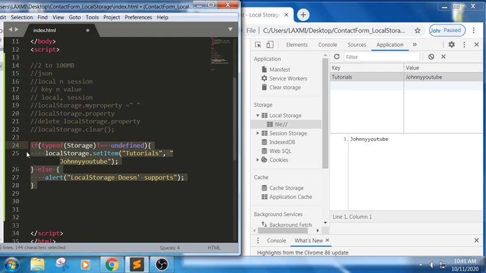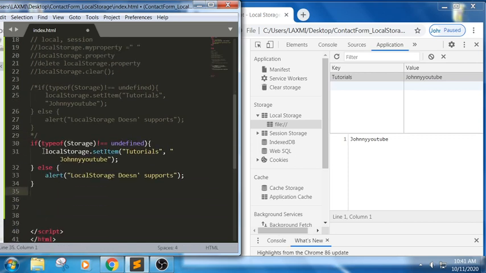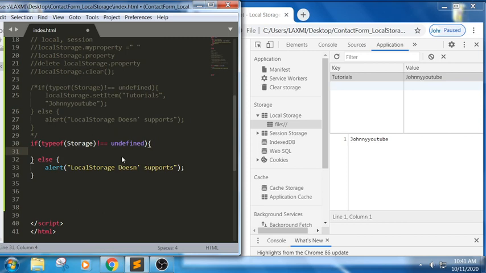Let me use the same thing, Control Shift Tab, and I'm using the same snippet here. I want to retrieve the item. What is the item we have? Tutorials and Johnny YouTube. So localStorage dot, let me retrieve tutorials here. Based upon the key, we will read it.